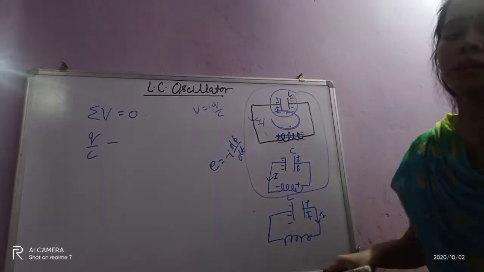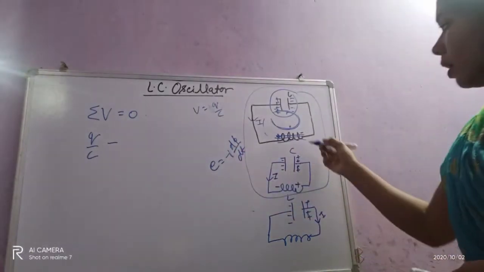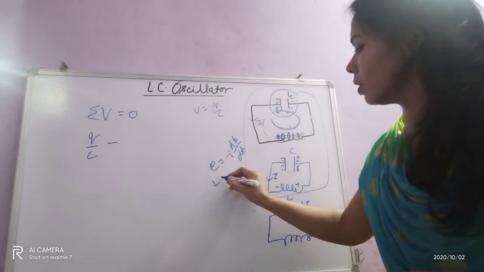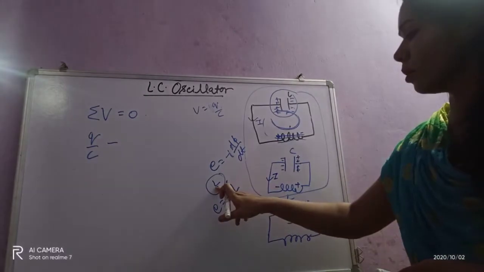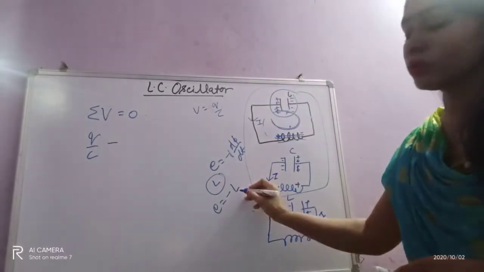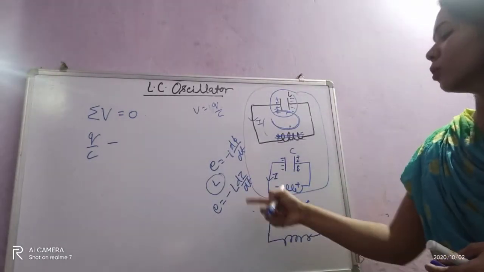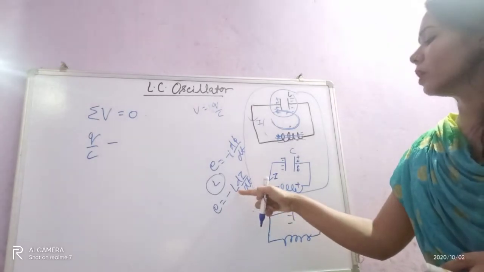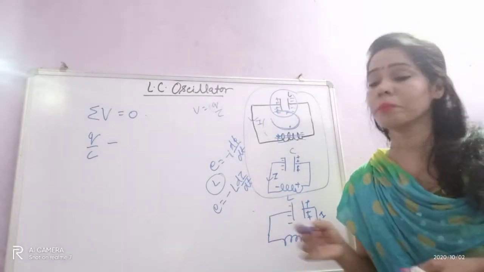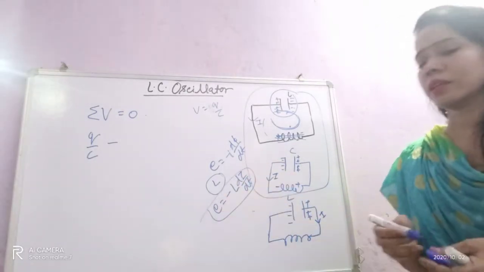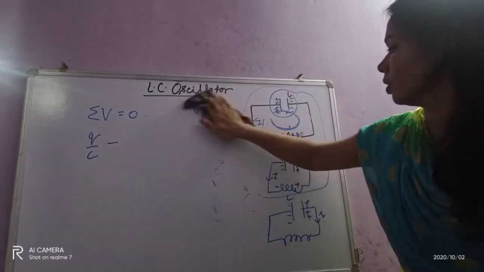That is the formula for n d phi by dt, but if we take the EMF in terms of L, in terms of inductance, then EMF E equals minus L di by dt. You have already studied that the induced EMF in an inductor equals its inductance times di by dt, the rate of change of current. So E equals minus L di by dt. You have already studied it, no need to explain this. I think you can find it in another video. Okay, so now I am removing it.